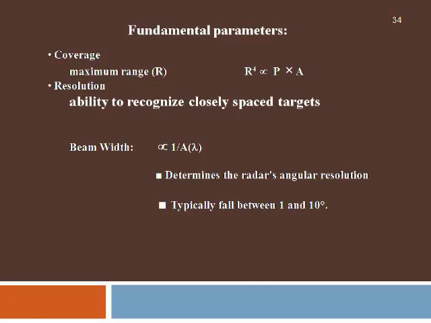The fundamental parameters are, first, the coverage, that is how much distance must be covered by this antenna system. Here the received power from the antenna is proportional to R to the power 4, that is, the receiving area of the antenna multiplied by the signal density available must be sufficient to see that the power is crossing the minimum detectable signal of the receiver. So that is one important parameter.